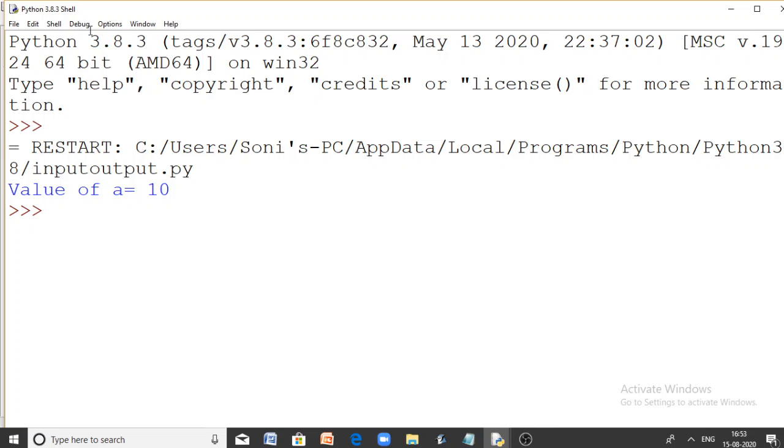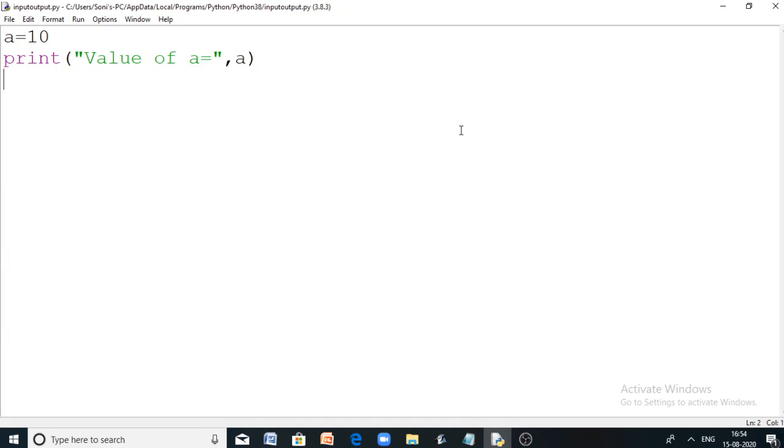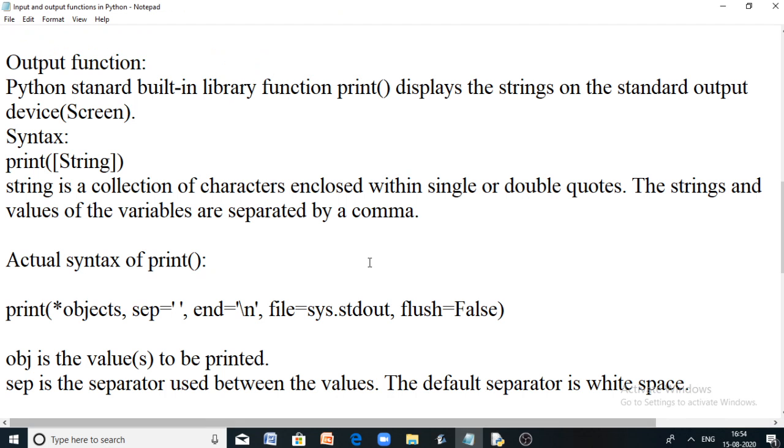Yes, value of a equal to 10. Now it is printing the string "value of a equal to" as it is on the screen. Then it is printing the value of a, or the data available in that a. That is 10, right? Now let us have a small discussion on what is the actual syntax of this print